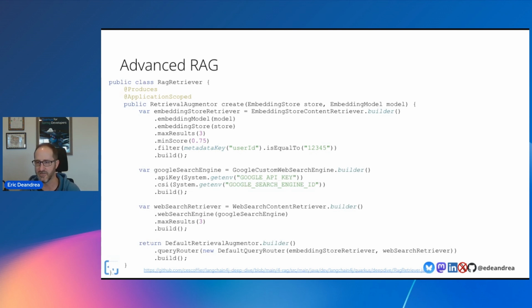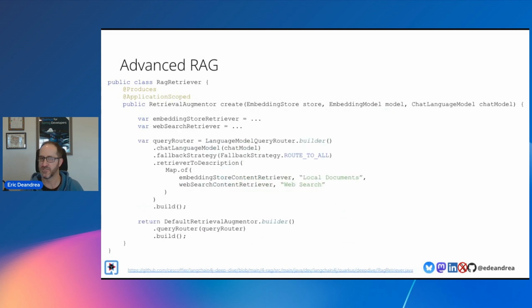So in this case, the query router will just send the request to both of them, and then it'll aggregate the results back. It'll put them in an order based on the scoring of them, and then send back the results.